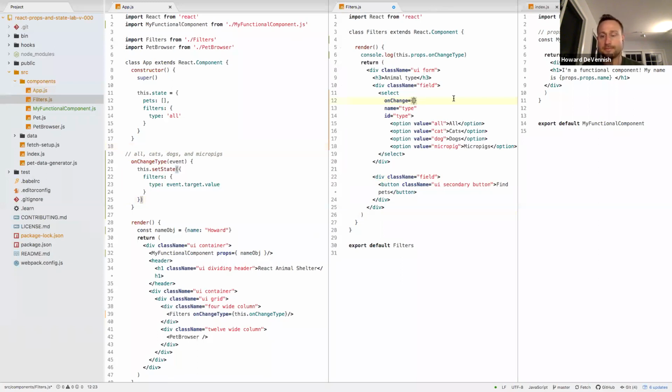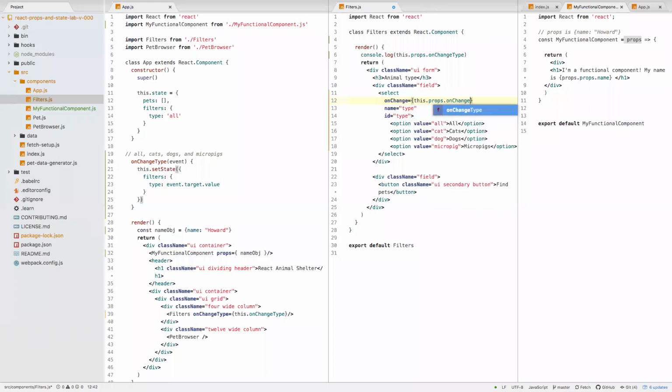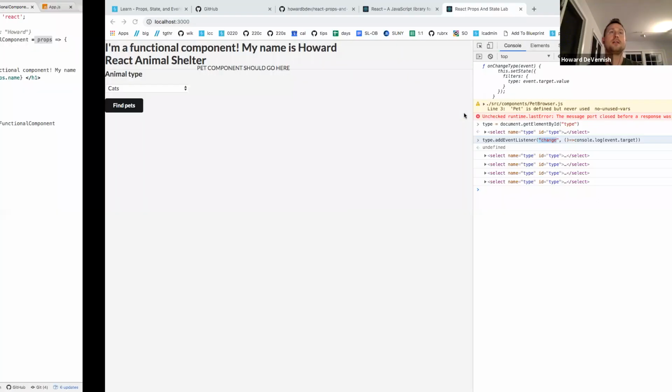So how do I refer to this thing, this property that's getting passed down? Excuse me, sorry. Anybody remember? We did it not too long ago. this.props.onChangeType. That's exactly it. Okay, I'm going to save that, and now,